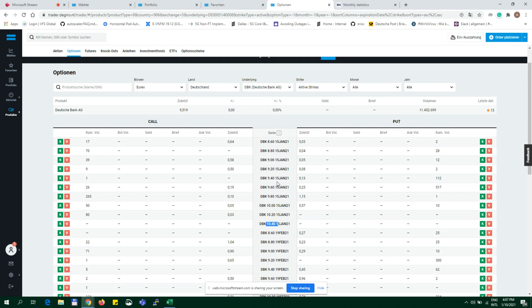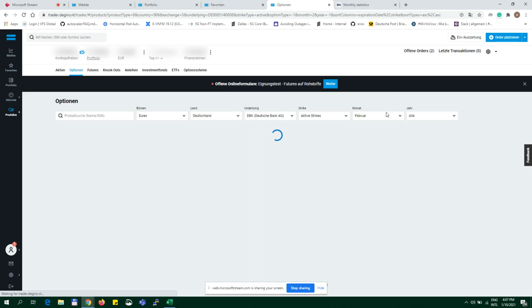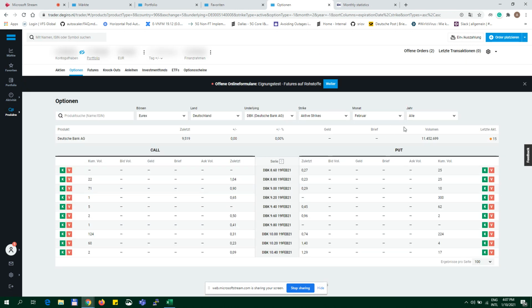And plus, one thing which I want to say is, from here you can choose the month. So if you want to buy or sell puts, let's say in the month of February, you can choose it from here. So it will then show you for February. You can even choose the year as an example here. Yes, and that's how you can choose for February 21. So if you want to buy or sell a call, this is how you can arrive at it, and then of course choose your underlying.